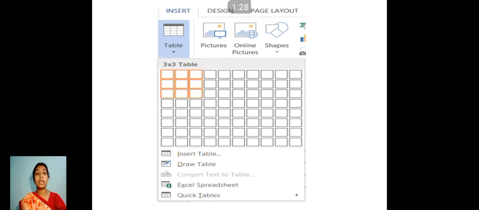Now you can see how to insert. Just next to the Home tab on your ribbon in the MS Word document, the Insert option is there. When we click on Insert, we get a group called Table. Under that Table you can see a drop down arrow. When we click on that drop down arrow, a drop down menu appears. You can see it in the figure. In this figure, the very first one is written 3 into 3 table.